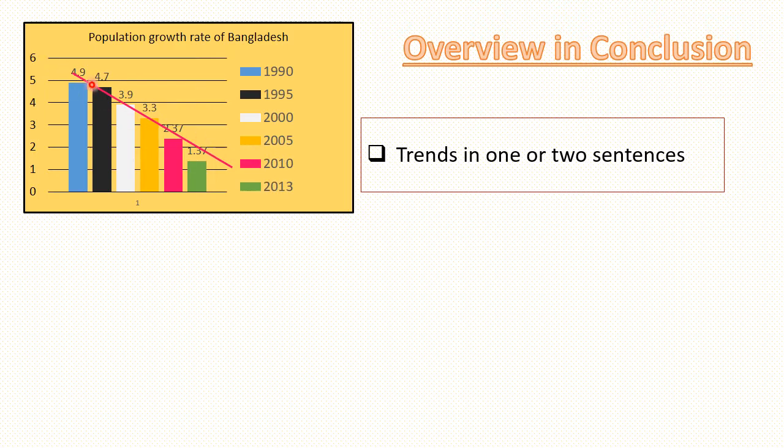and this trend line shows a continuous fall or decline or decrease, and here the difference is 0.2%, and from this one to this one 0.8%, and from the white bar to yellow bar the difference is 0.6%, and from the yellow bar to rosy bar the difference is 0.93%, and from the rosy bar to green bar the difference is 1%. That is,